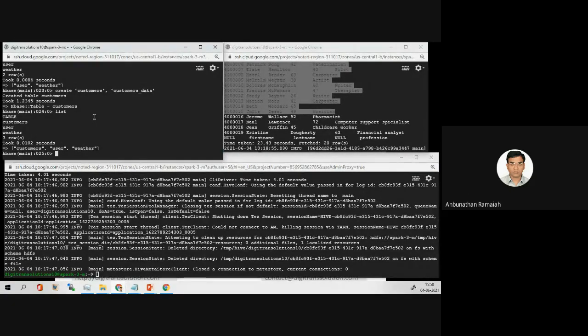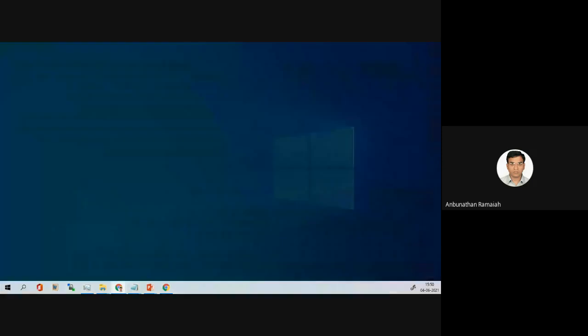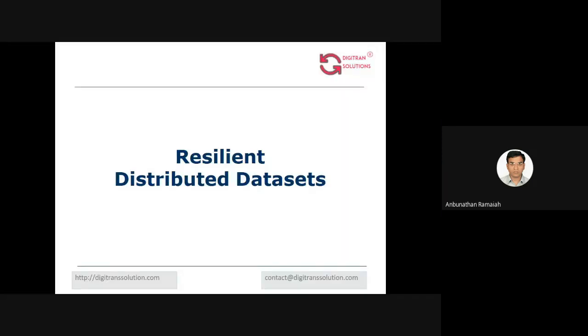Now we'll move to Cassandra. Now we have some slides. We'll go through some slides and then again come back to the exercise. So morning we saw NoSQL. So now the resilient distributed data sets, that is RDD.